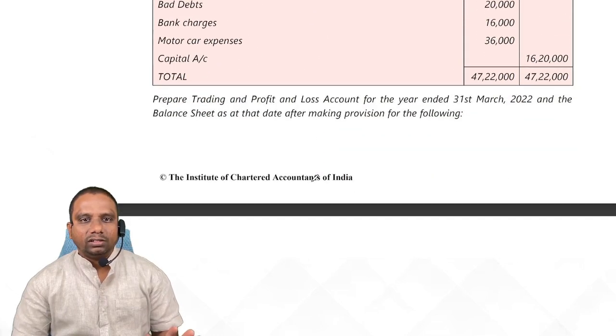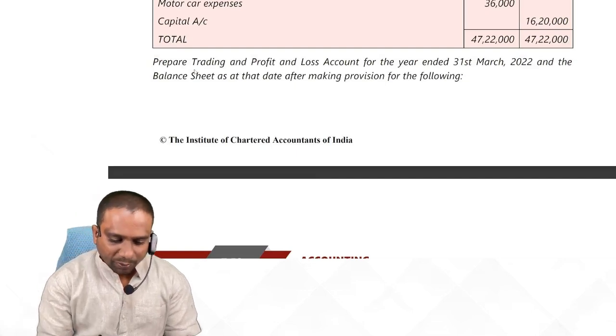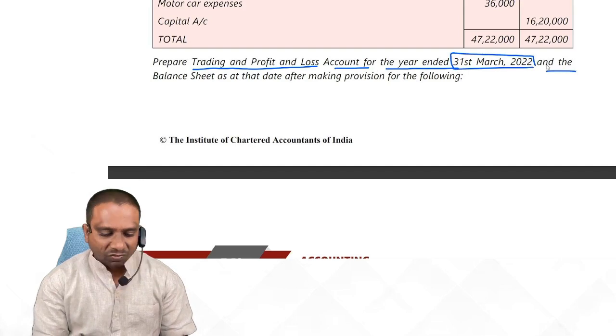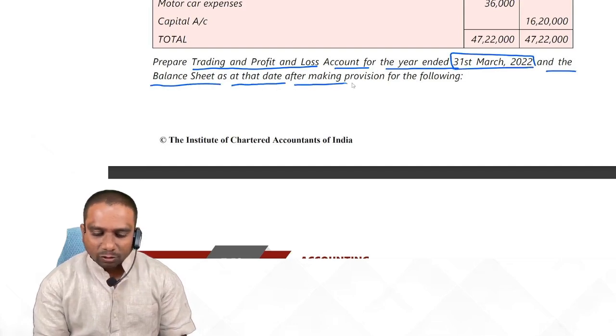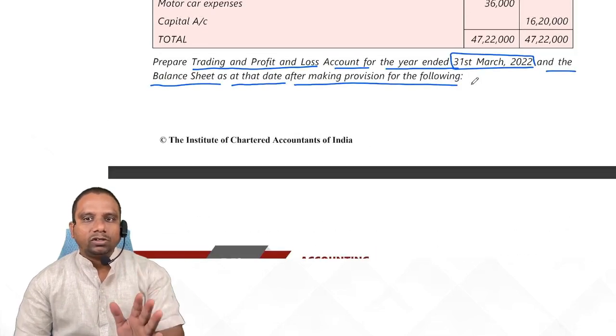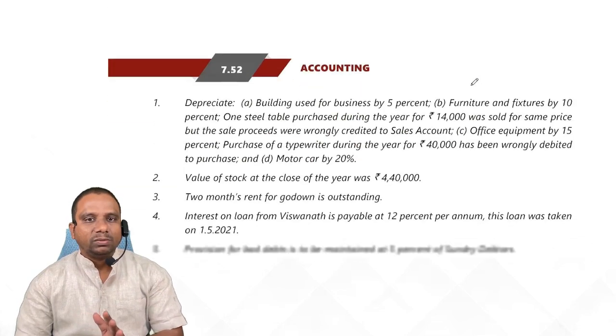right? After that, prepare trading and profit and loss account for the year ended 31st March 2022 and the balance sheet as at that date after making provision for the following. So they are asking us to prepare trading account, profit and loss account and balance sheet. They are giving some adjustments. Look at